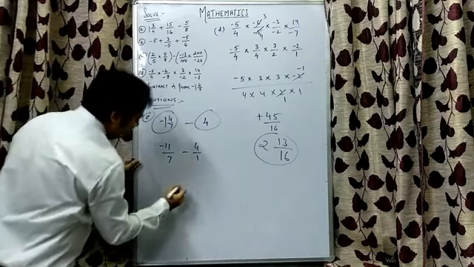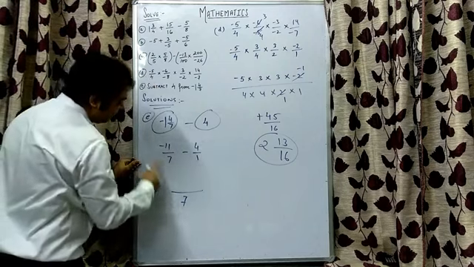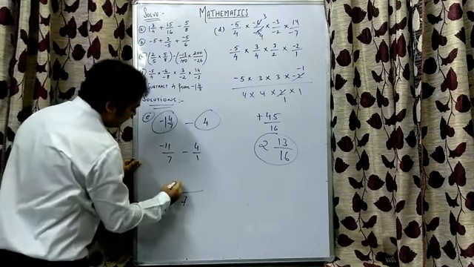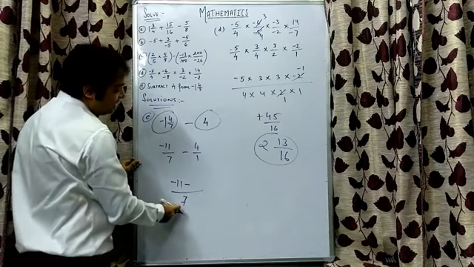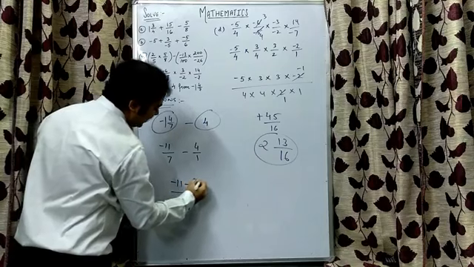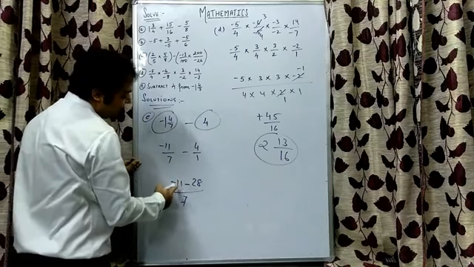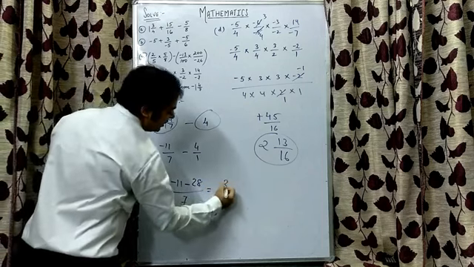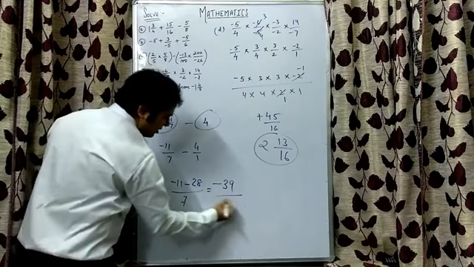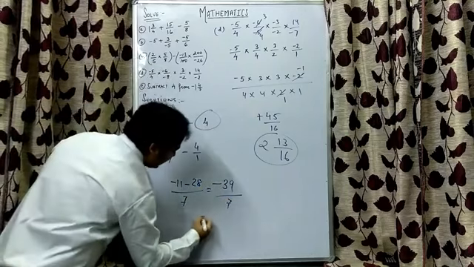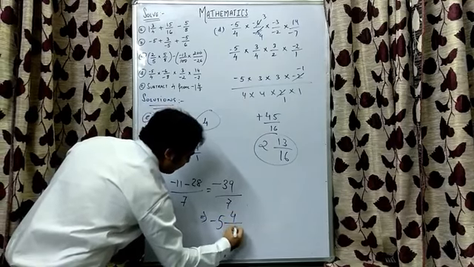Now LCM of 7 and 1 is 7. 7 goes into 7 one time, minus 11 into 1 will give me minus 11 followed by minus sign. 1 goes into 7, 7 times, 7 4s are 28. Since both signs are same, we will add 28 plus 11 will give me 39 and put the sign of the bigger integer, that is minus. So our answer will be minus 5 whole number 4 by 7,